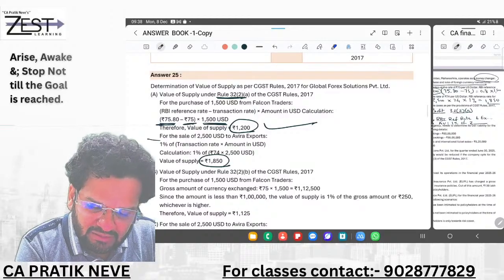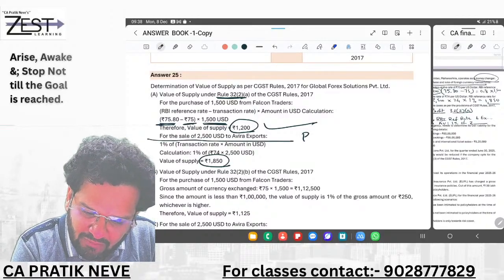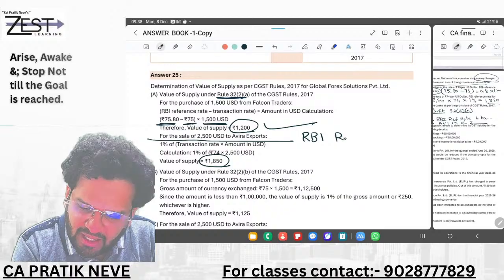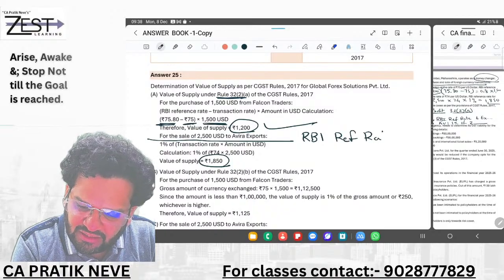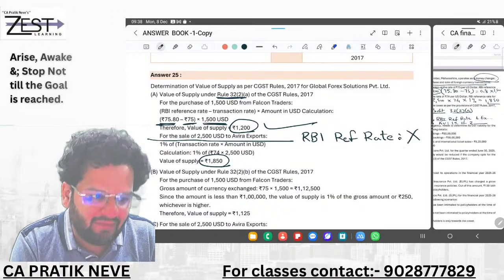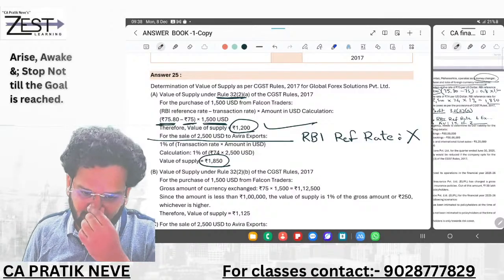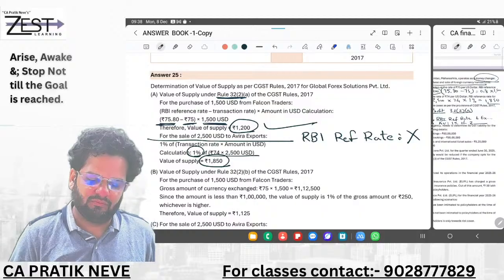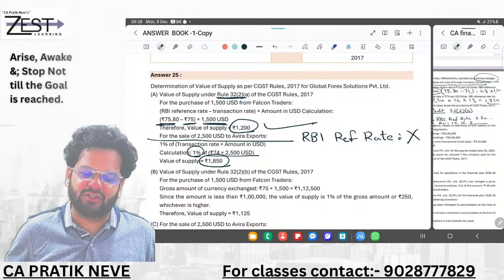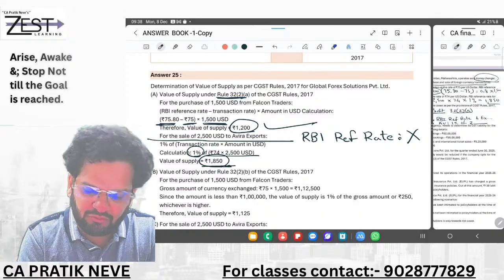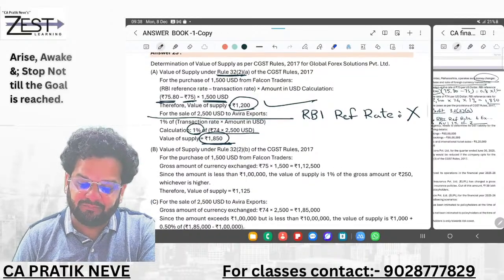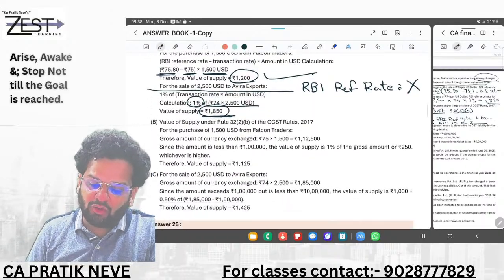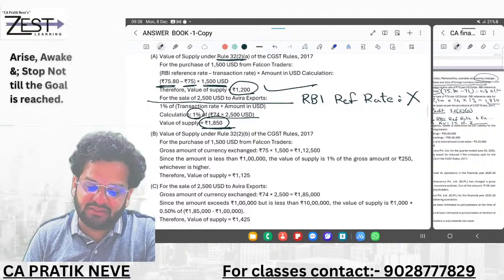But where the RBI reference rate was not available, then what did you do? Then you did 1% of 2500 US dollars into 74, 1850. Clear? Now I want to tell you what happens in